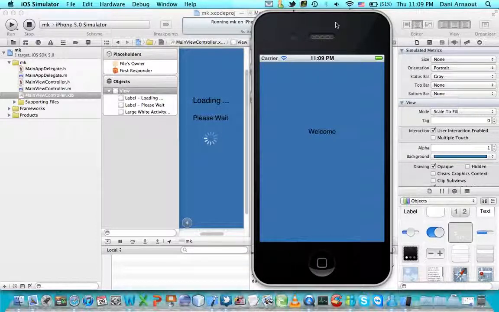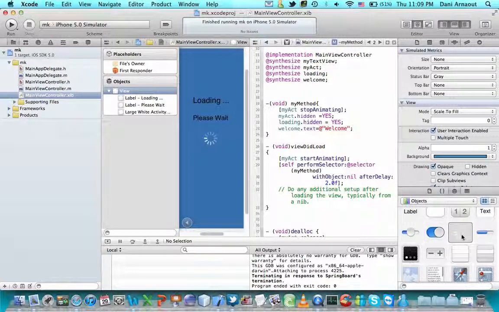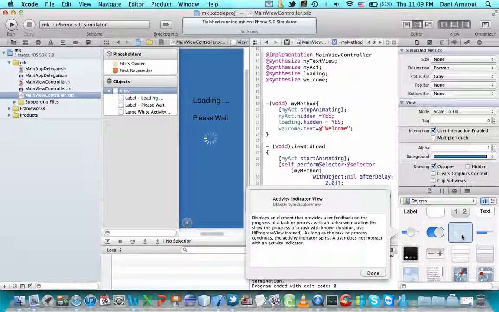So I'm gonna teach you one thing about a new object which is called the UI activity indicator view. So this one actually indicates that some process is taking time, is now loading, and you have to wait to get what you want. But for the sake of simplicity, I'm gonna do this as a fake loading, not a real one. Of course, this object is useful in some real places where there is an actual loading,